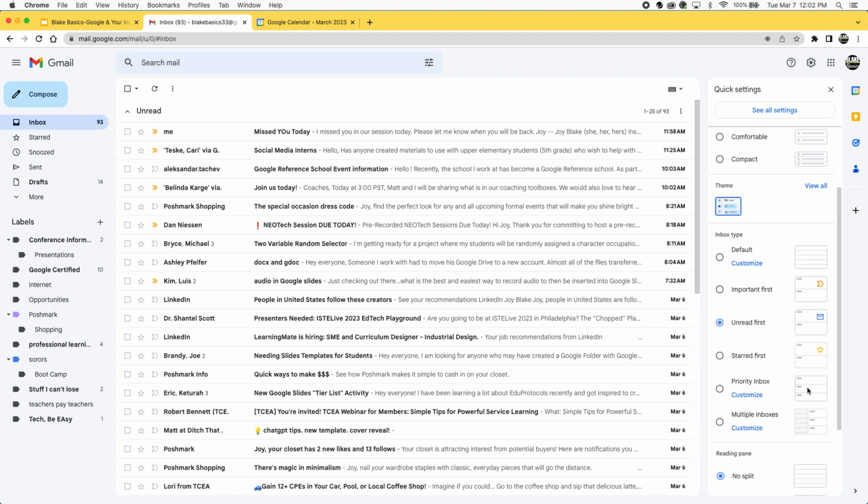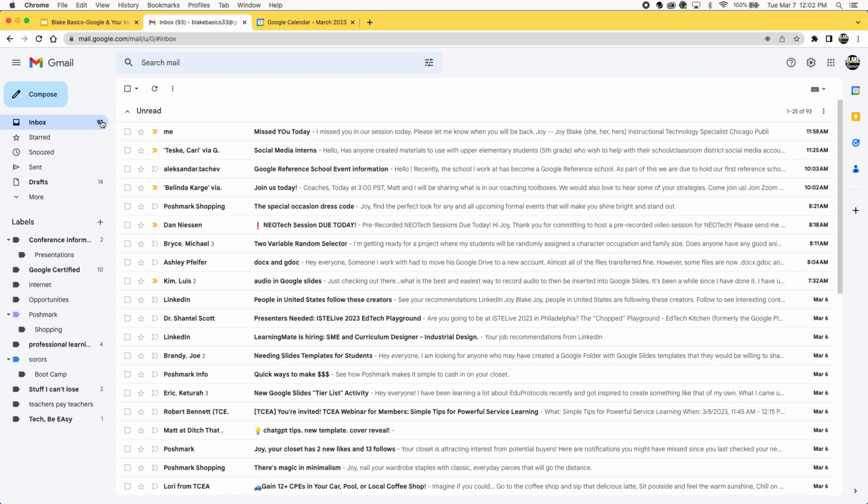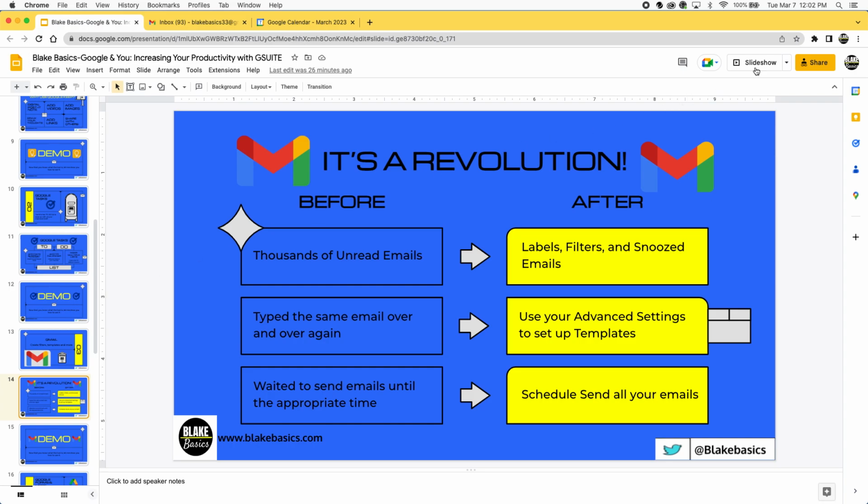You can make multiple inboxes. This is helpful, and it might make you feel a little bit more in control. So consider your email settings as well. All right, so that's it. Let's move on to